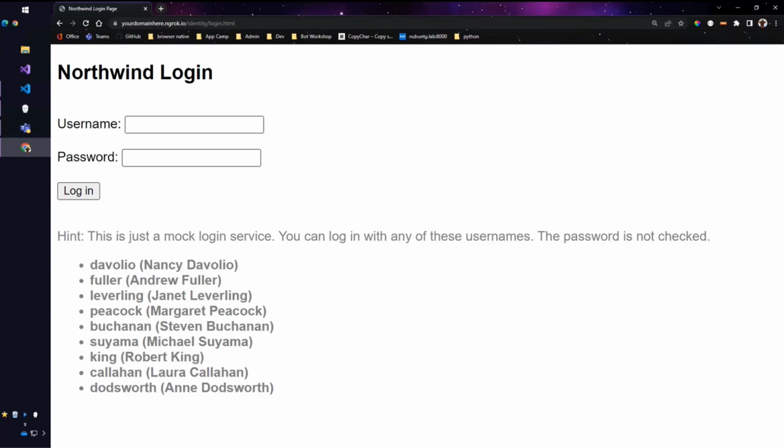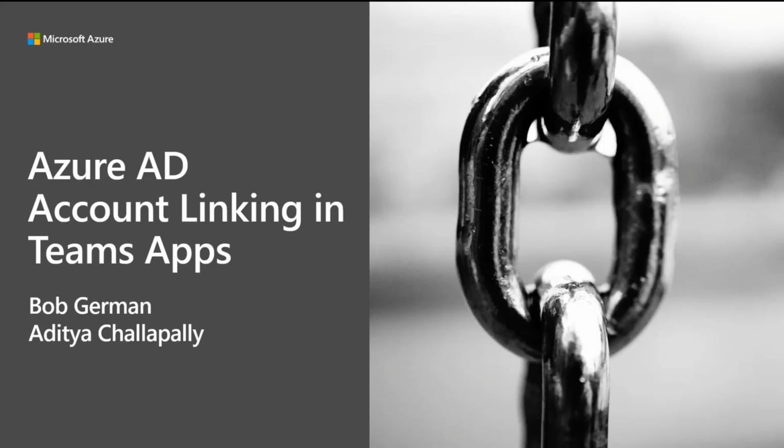So the topic is account linking between Azure AD and Teams apps. What this is talking about is if you have a Teams app and you don't want to use Azure AD, you can, but there's a lot of reasons that you should use Azure AD. And if you've already got an app, maybe it's an enterprise app that uses some other system, or maybe you built an app with .NET and you've got SQL authentication, or maybe you used some other OAuth provider like Ping or Identity Server or Okta or you name it, it's still usually possible to use Azure AD as well. And that's what we're going to go over today.